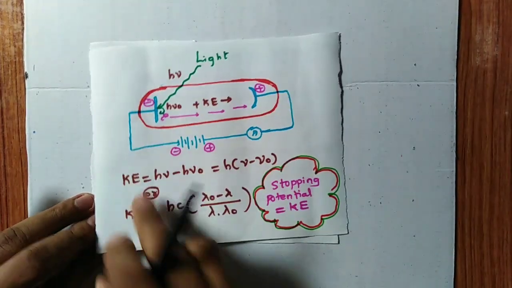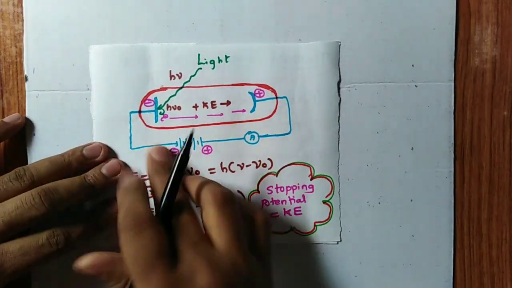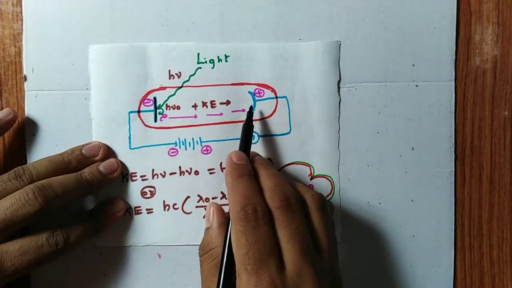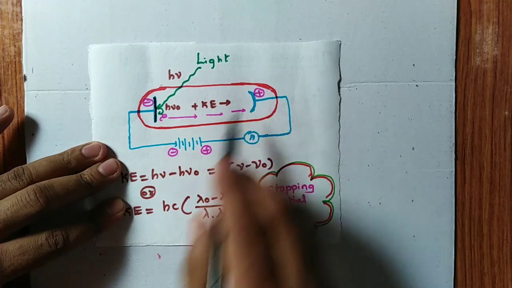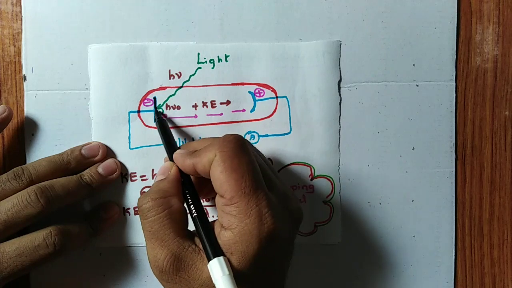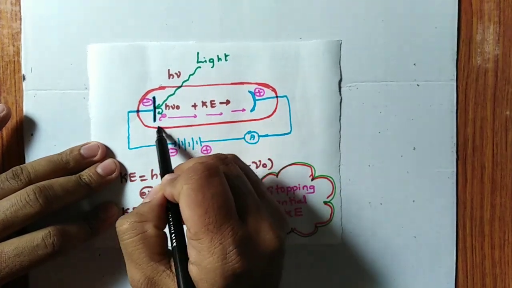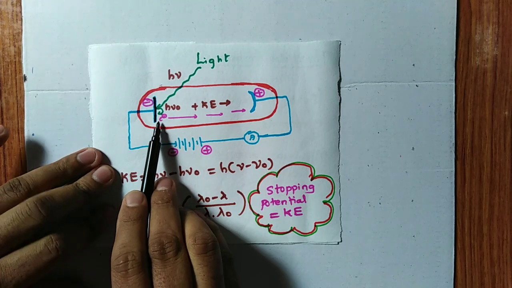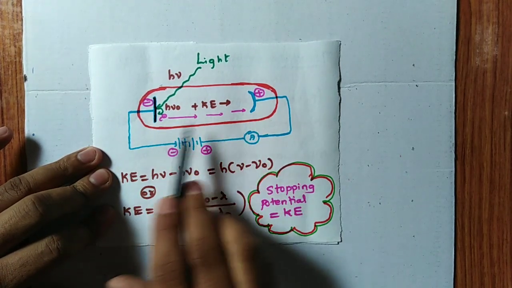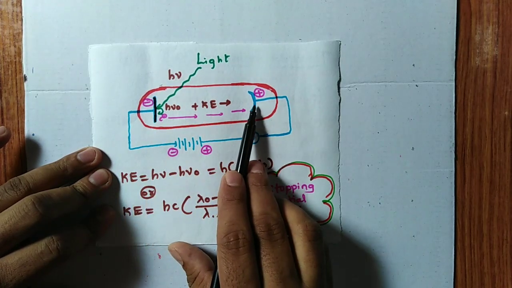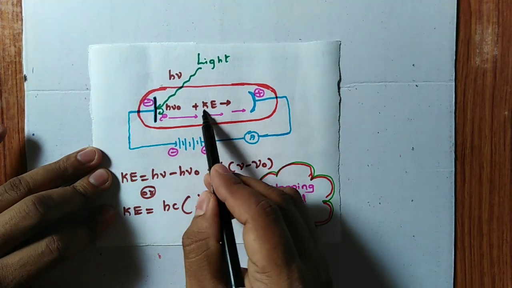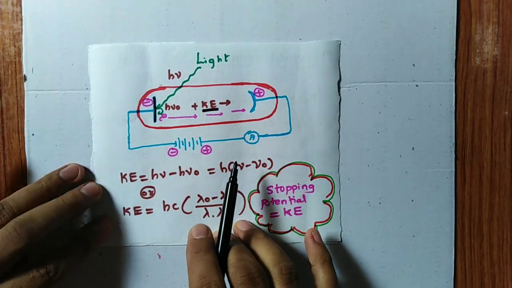Then how does this photoelectric effect look? If I consider the photoelectric material here, attached to a cathode, and I take another metal as the anode, called the detector, now light of suitable frequency is made to fall on the metal surface so that electrons get ejected. Those electrons are negatively charged, so they move towards the positively charged electrode called the anode, and the energy needed for that movement is the kinetic energy. Remember that.